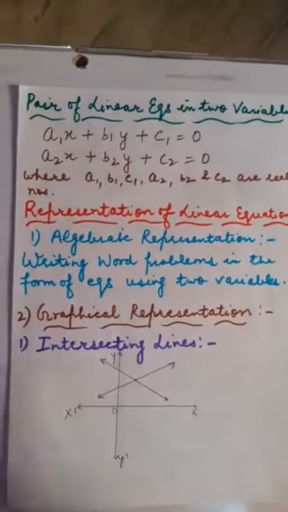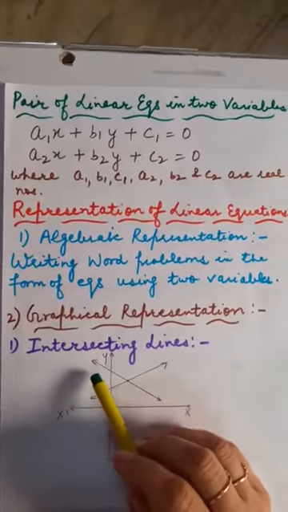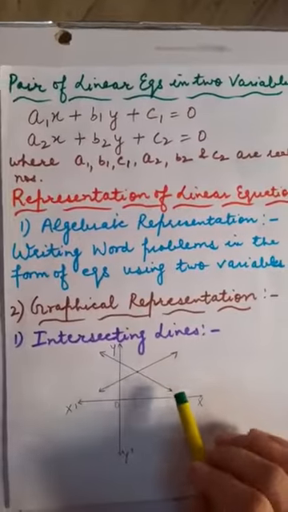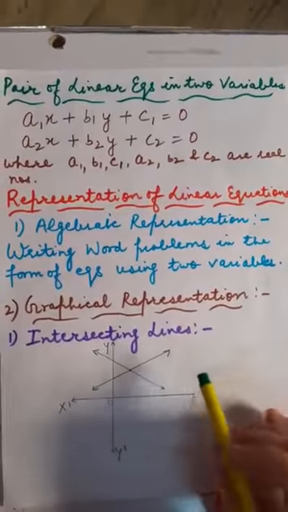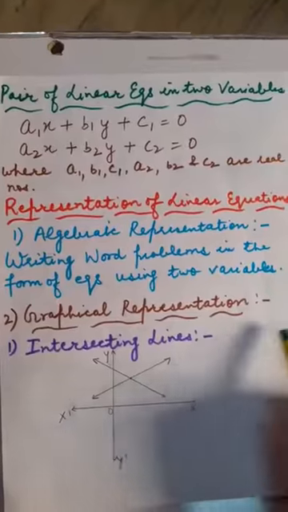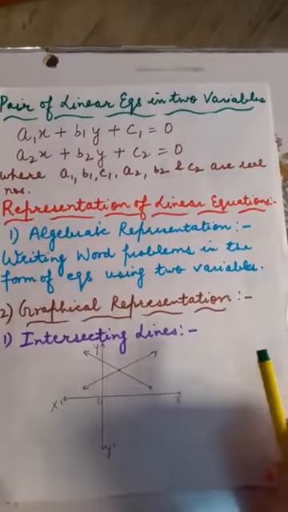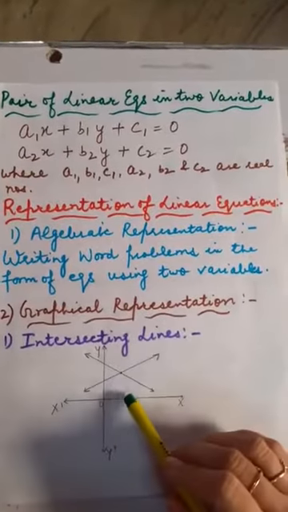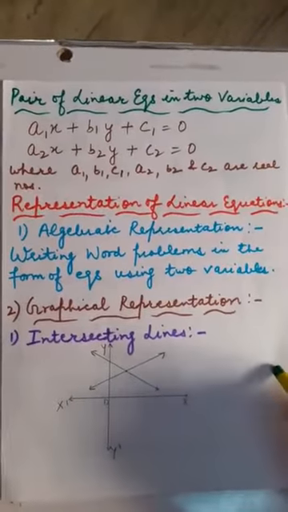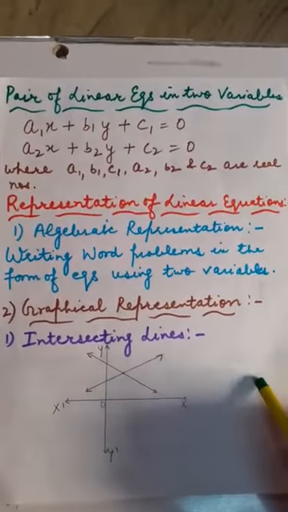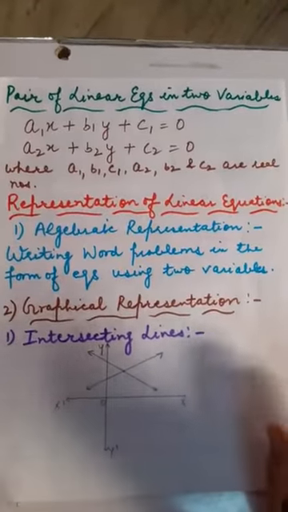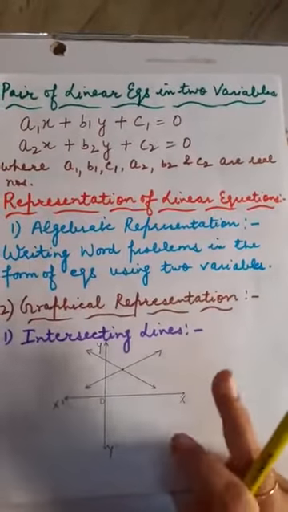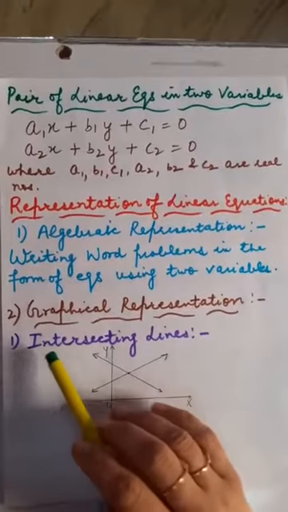Like in graphical representation, first of all, it is going to be categorized in three parts. Number one, intersecting lines. Children, this concept you learnt in class 9th also, that you were just going to draw a straight line, because whenever we are dealing with the linear equation, the graph of a linear equation is a straight line. Using plotting the points, you are just going to draw the graph of that straight line, fine. There you were just going to draw one line only, fine. Here you have to draw a pair, because we are dealing with a pair of linear equations. So there are three categories.